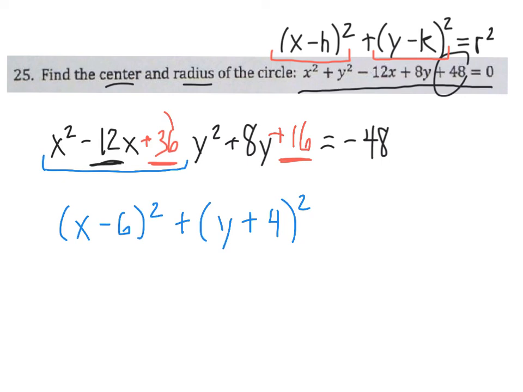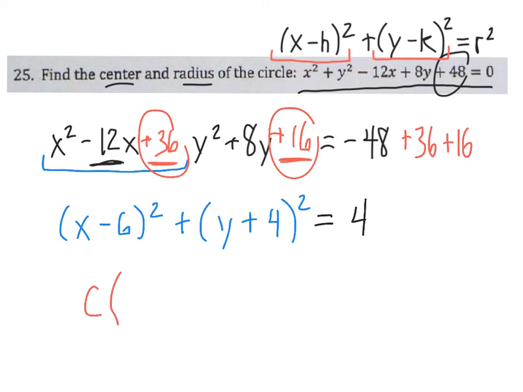And since I added 36 here and 16 here, I'm going to add each of them to the right-hand side, which leaves me with 4. Now it's in that standard form. Now you can pick out your center, which it looks like is going to be positive 6, and since this is positive, it's going to be negative 4, and my radius